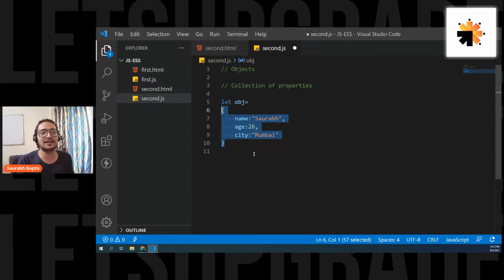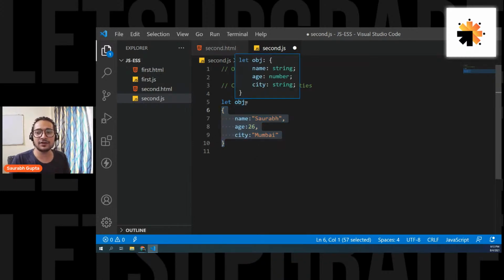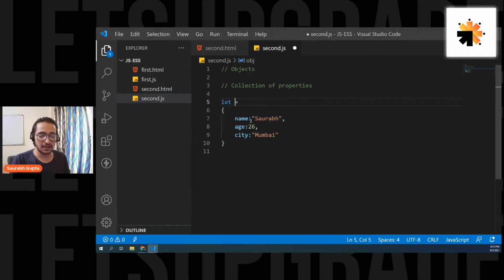I can also create three variables just outside the object and they will work fine. So yes, they will work fine. But when you need really detailed and structured data, then you need an object. Basically, why do you create an object? You want to specify something. For example, let's not call it object, let's call it human.